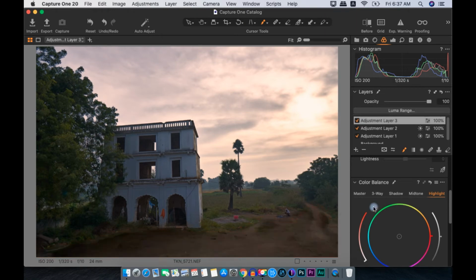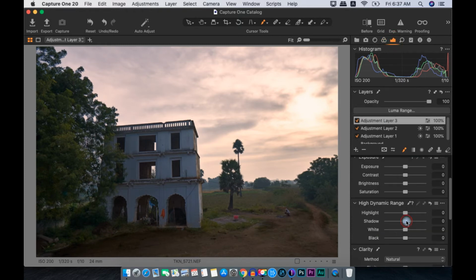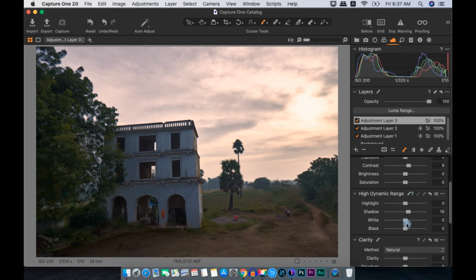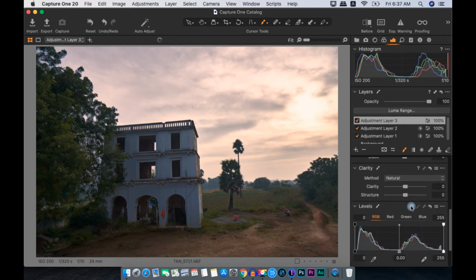Hit M again, and now we go to the exposure tab once again and increase shadows slowly and gradually in this area till it looks natural and the brightness value matches the rest of the image. Right, this looks pretty good.